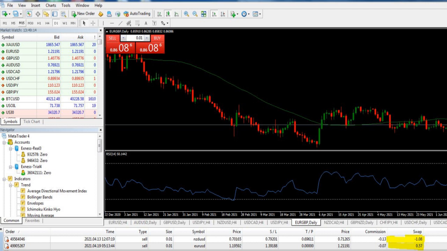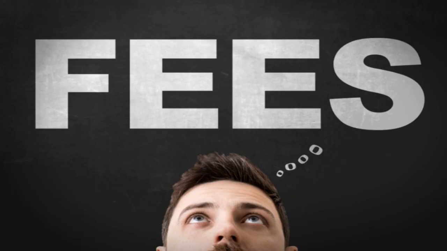Just imagine, suppose if I traded on a mini lot, then the amount will be nearly 10 US dollars. And if I traded on a standard lot, then the amount would have become 100 US dollars. But these amounts totally rely on how many days you hold it on your account. So, when we go for a long term position in Forex, we need to give some consideration to the swap fee.